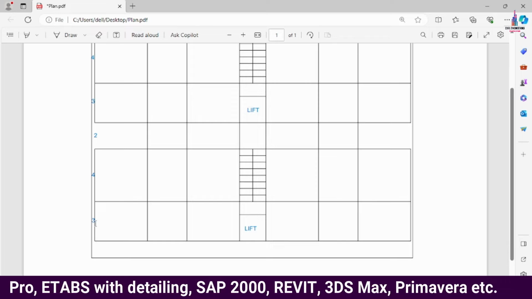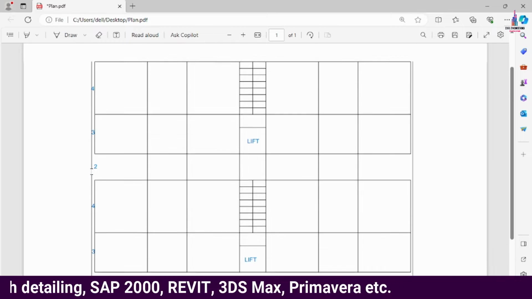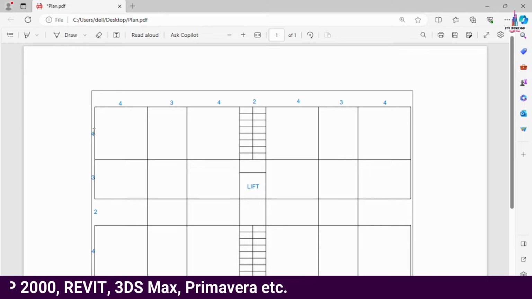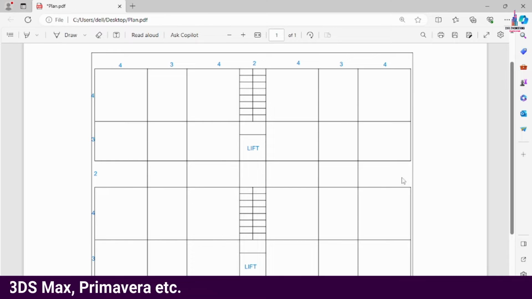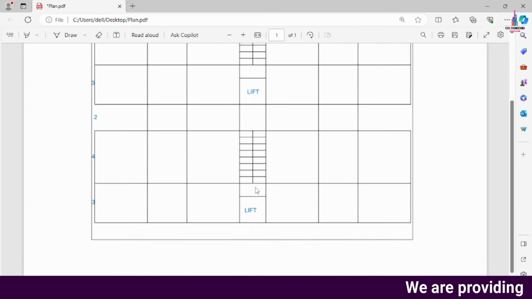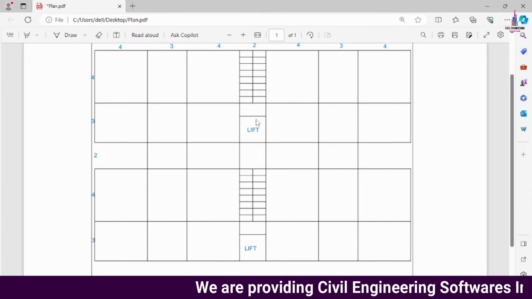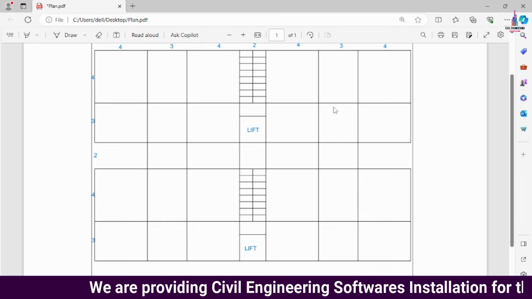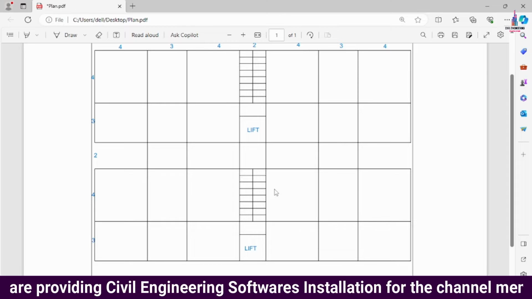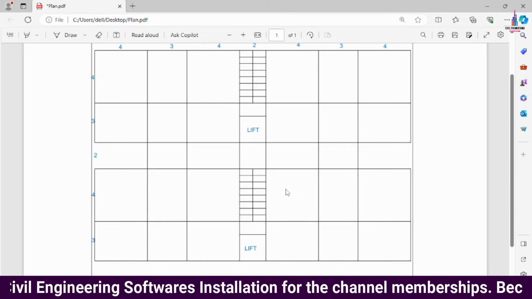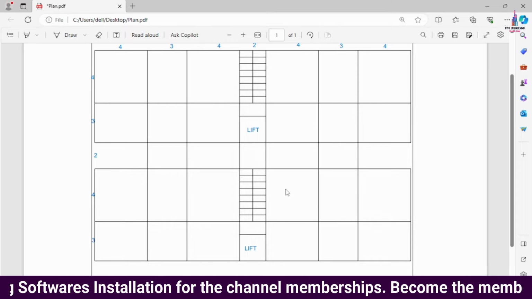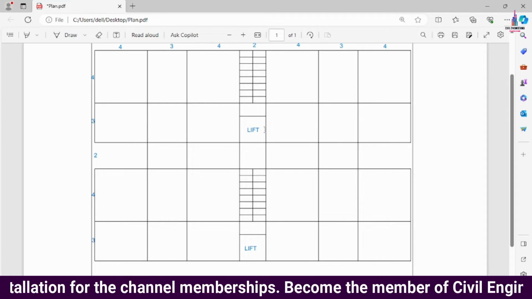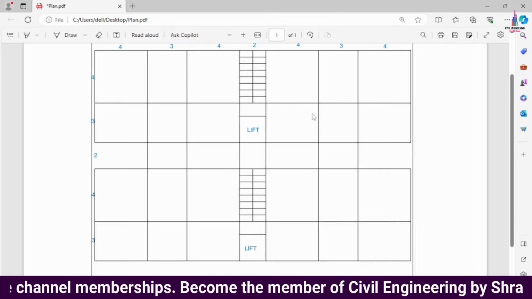In the same way, in the vertical direction it is 3 meter, this is 4 meter, this is 2 meter, this is 4 meter, and this is 2 meter. This is the wide opening provided in between the building structural model, this is the lift provision, and this is the staircase, and this is also a lift provision and staircase. It will consist of two towers. One tower will have 10 flats and the other tower another 10 flats, approximately 20 flats in total. Now we will design this apartment building structural model using ETABS.